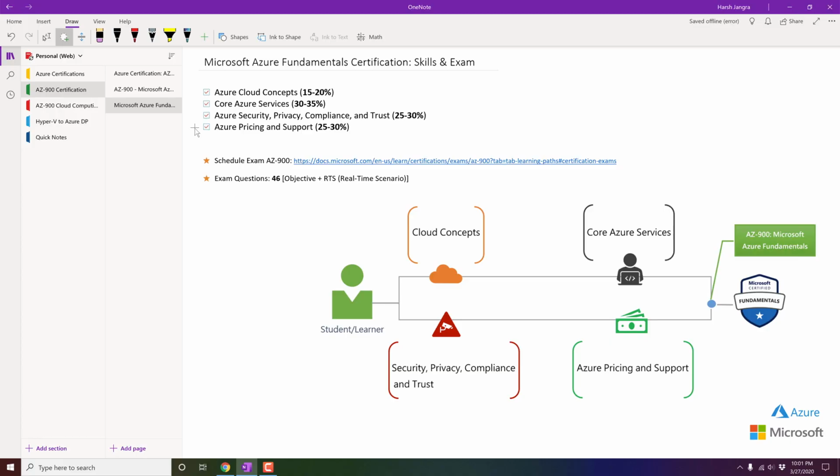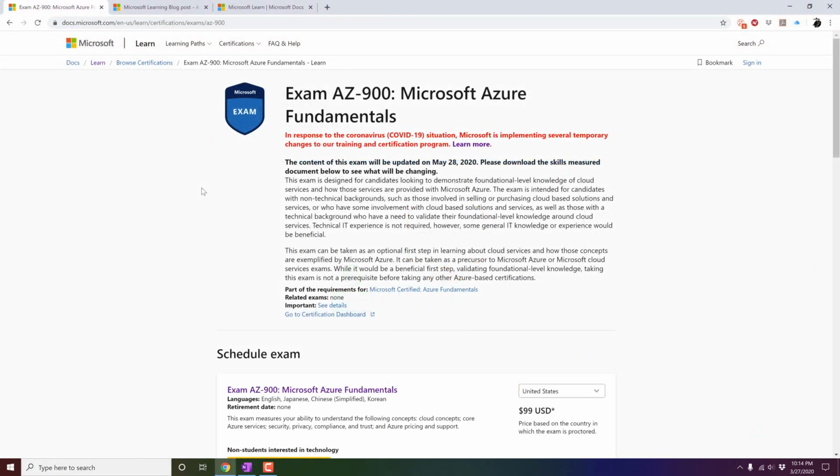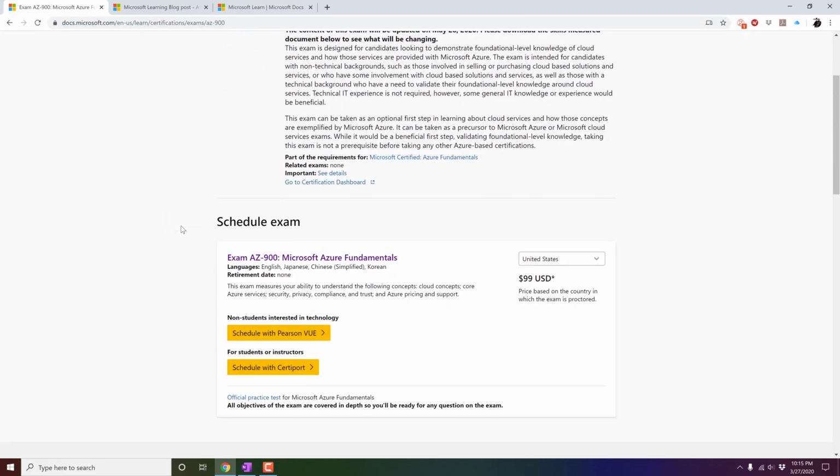So let's try that and let's learn how we can do that. To book your exam with Microsoft, it's pretty simple. You just need to open any search engine, for example Google or Bing, and type AZ-900 or Microsoft Azure Fundamentals Certification. It will take you to the very first page, or you can simply go to this particular web address and scroll down a little bit here